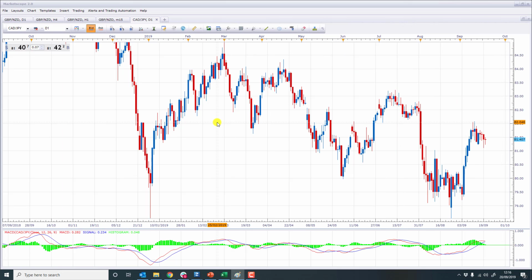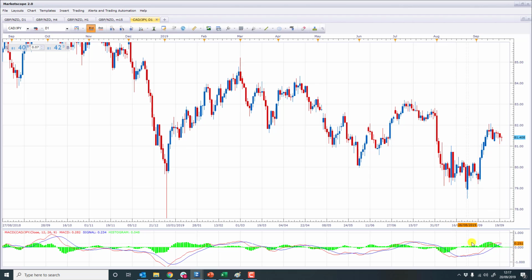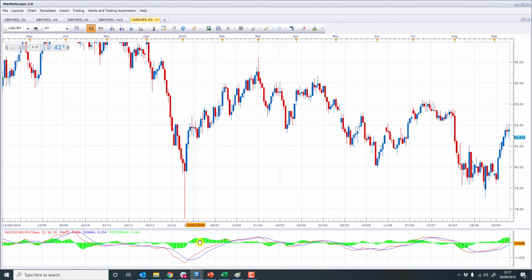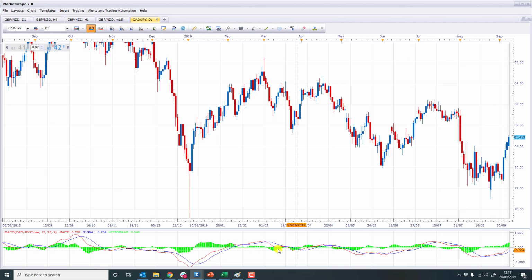I used to use MACD quite a lot, and what I found is that actually the main settings, the FXM based settings, are the best. What it's basically showing you are these two lines. The red one is the fast moving average, and the blue one is the slow moving average. Now what this tends to do is show you reversals in a market. When you have a big crossover like this below this zero line, as you can see there's a zero line going across the whole thing,